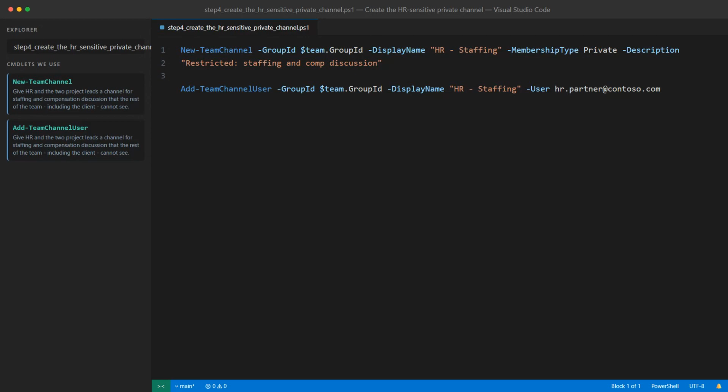The membership type is private, which triggers the restricted membership and the separate SharePoint site. The description makes the purpose clear. Then add team channel user attempts to add